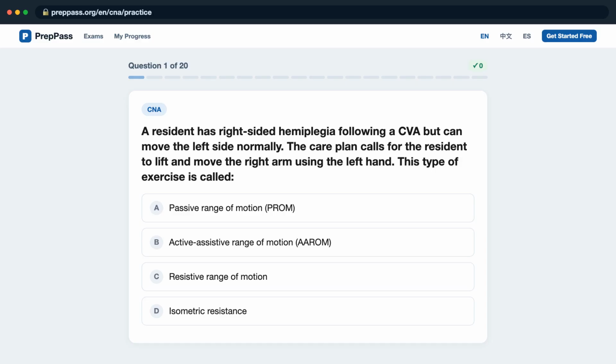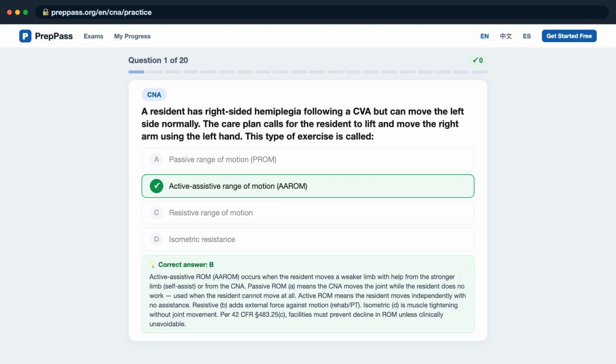B, active assistive range of motion, AAROM? C, resistive range of motion? D, isometric resistance? The correct answer is B, active assistive ROM, AAROM, occurs when the resident moves a weaker limb